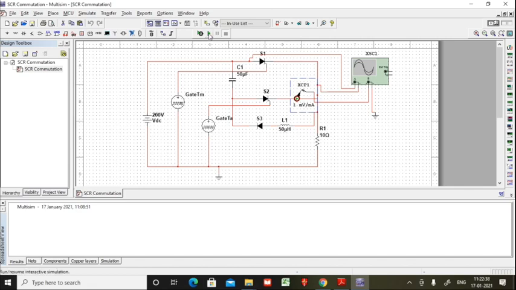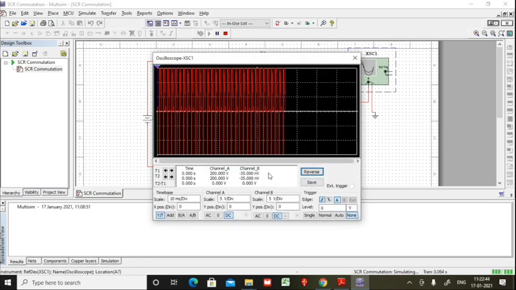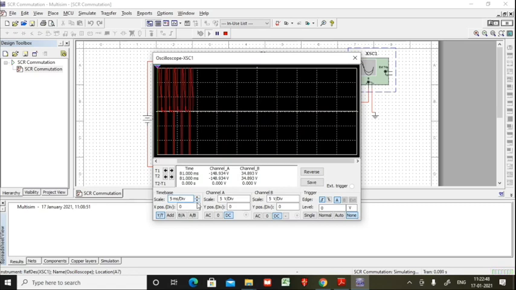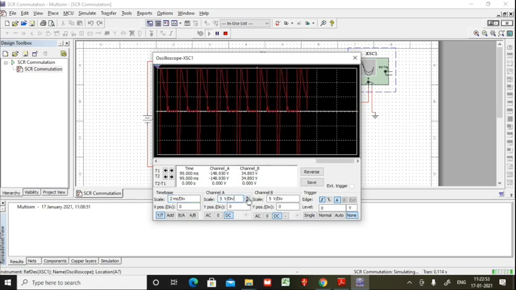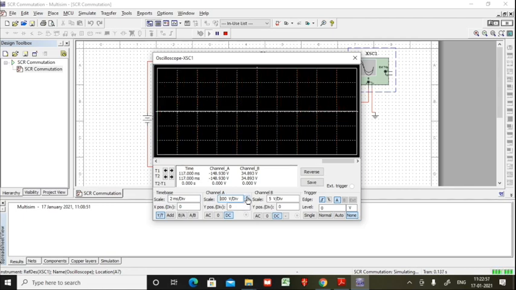Now let us start it. I have clicked the green run button, and let me double click this, and here we have got some results. Let me increase this division, and increase this current.